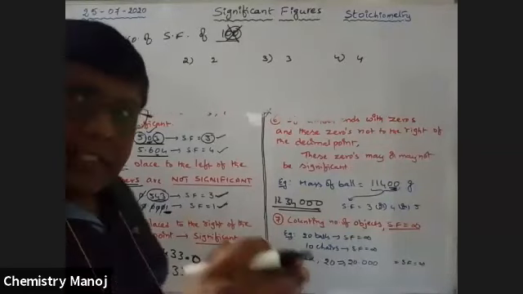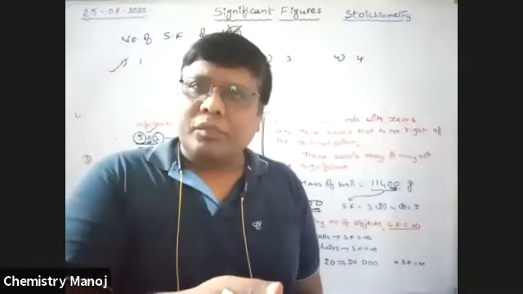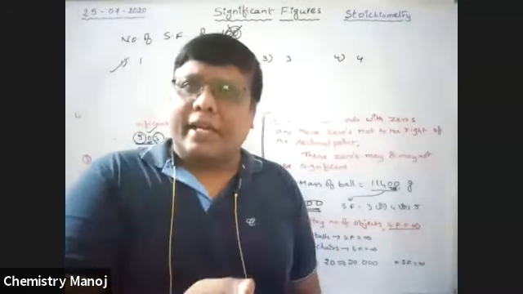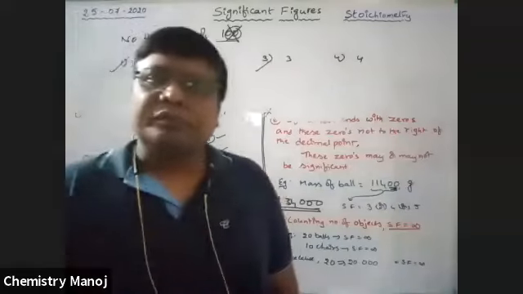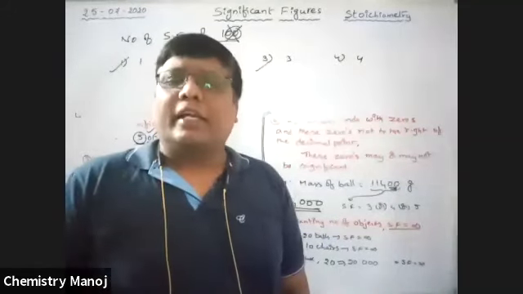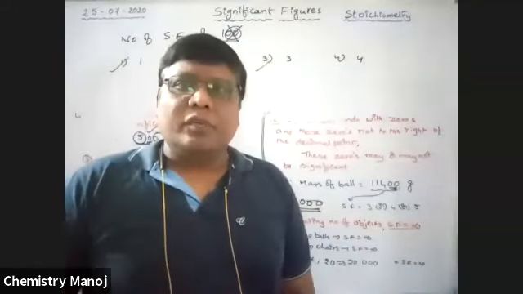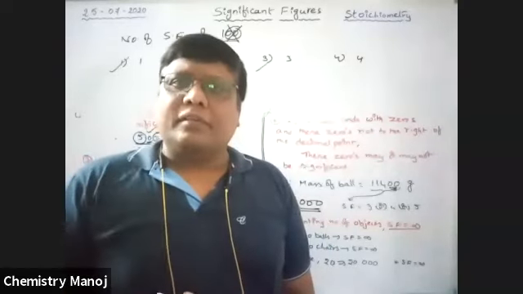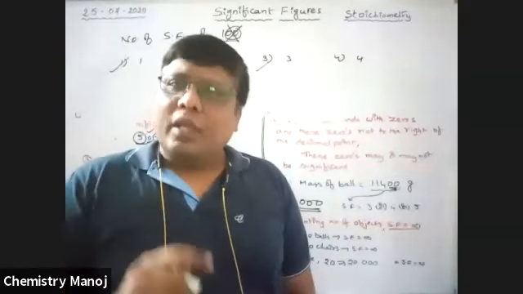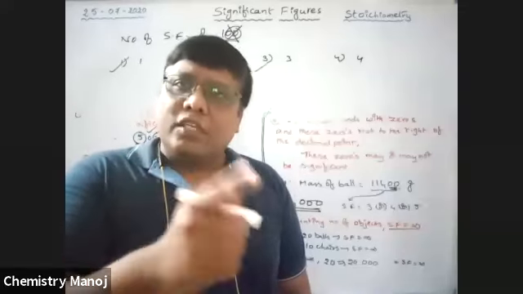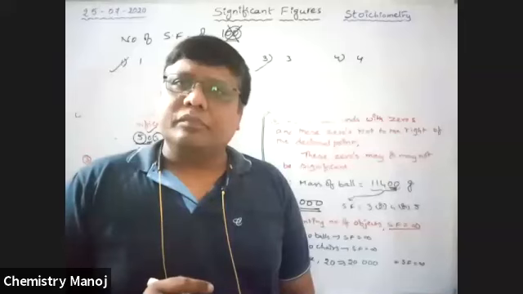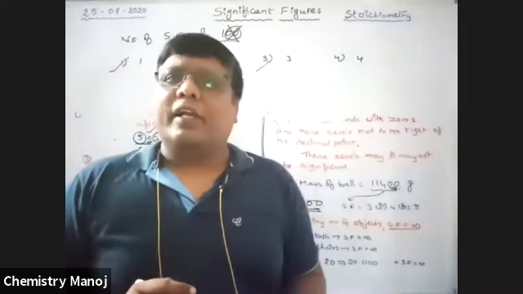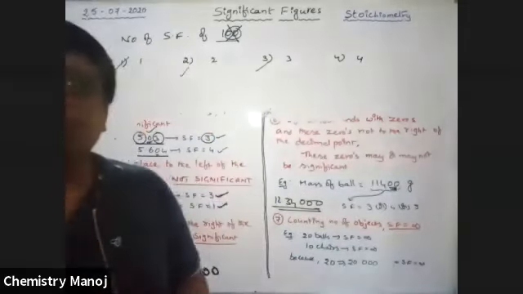But in case of more than one correct, 1, 2, 3 all are correct. Please keep in mind: if a single correct option is there, only one is the option. If more than one correct is there, 1, 2, 3, these three are the options. Okay. So it is a very, very important point.